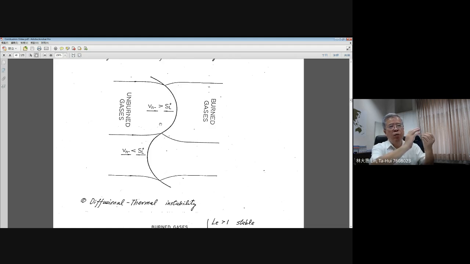Then this flame will move to the downstream. Okay, this is the first idea you can look at. If we have this kind of flame shape curvature, then you will see the cross section reduced and the upstream approaching flow velocity increase. And this value is larger than the original flame speed,